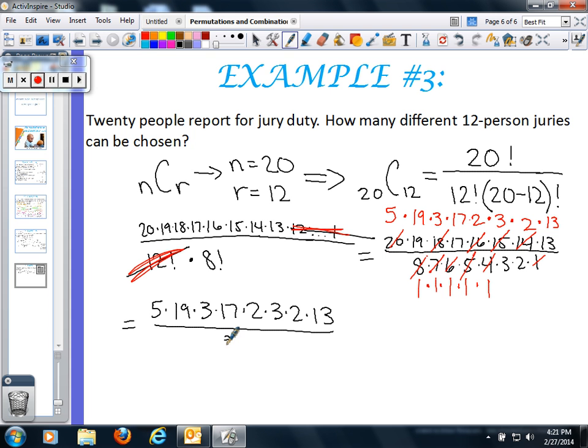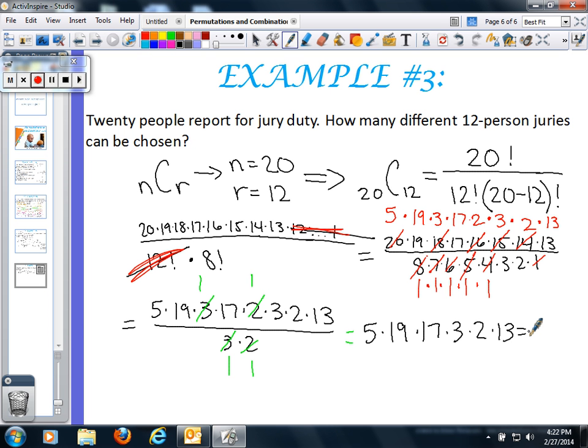So I have 3 times 2. So now let's cancel one more time. So I can cancel this 3 and this 3. They both become 1s. I can cancel this 2 and this 2, and they both become 1. So this is going to give me now 5 times 19 times 17 times 3 times 2 times 13, which equals, so now this is a lot less